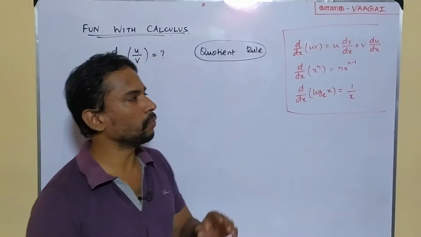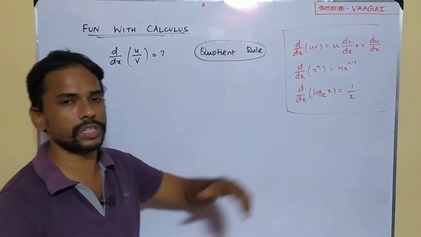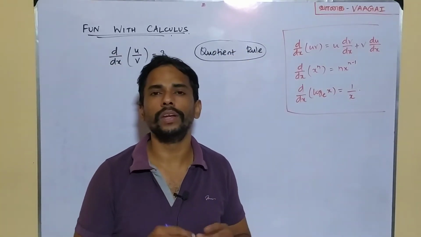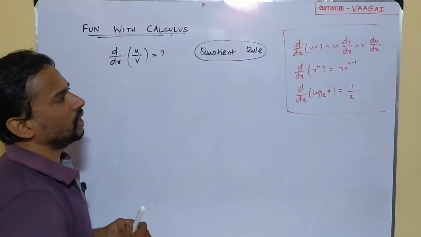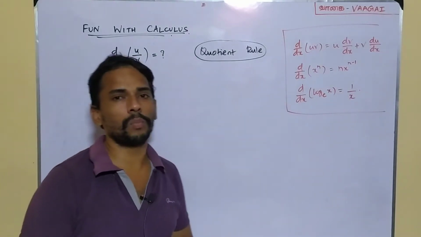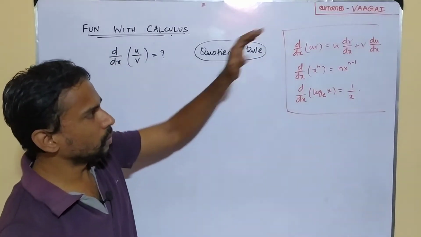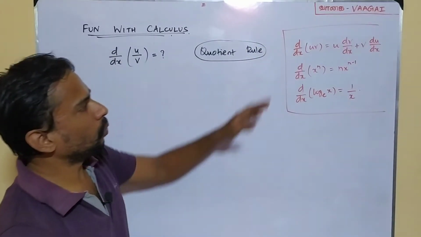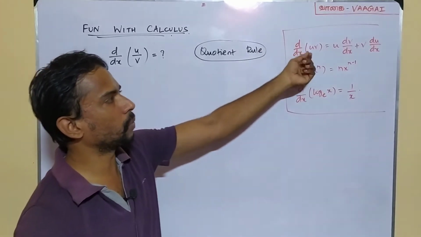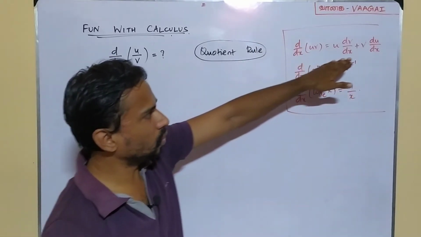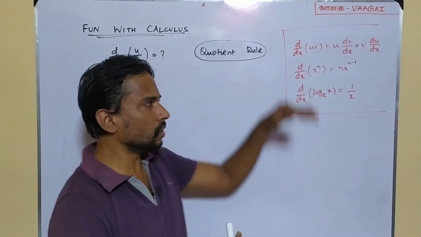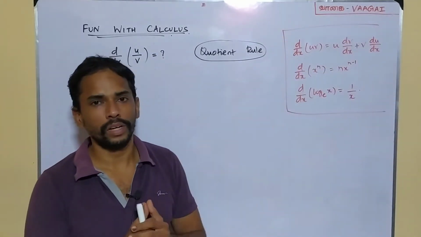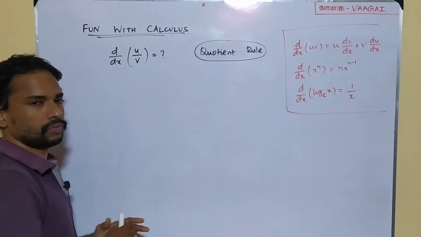And what I'm going to do is take three different approaches in deriving it. So let's do them one by one. I'm going to start with the first approach, which is going to be the usage of the product rule. So what happens if you have d by dx of a product? We'll have u dv by dx plus v du by dx. So using this rule is what I'm going to derive. I'm going to take the first approach.